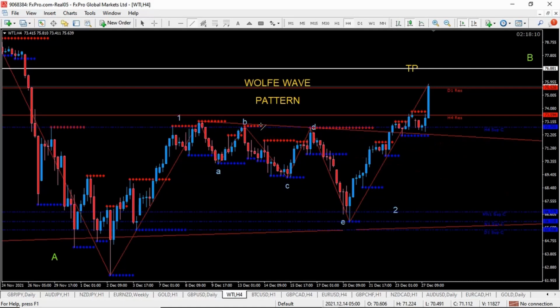We draw a trend line here, and another trend line here as well. You can see another diagonal here, just like on the daily time frame. But this is an inverse diagonal, which is also within a correction, and it's also, as you can see written here, a Wolfe wave pattern. It was an A B C D E, and after the E we bought. So this is a 1, a 2 here, and we are going to the 3, which is our major B, and as we have labeled here, this is our take profit.